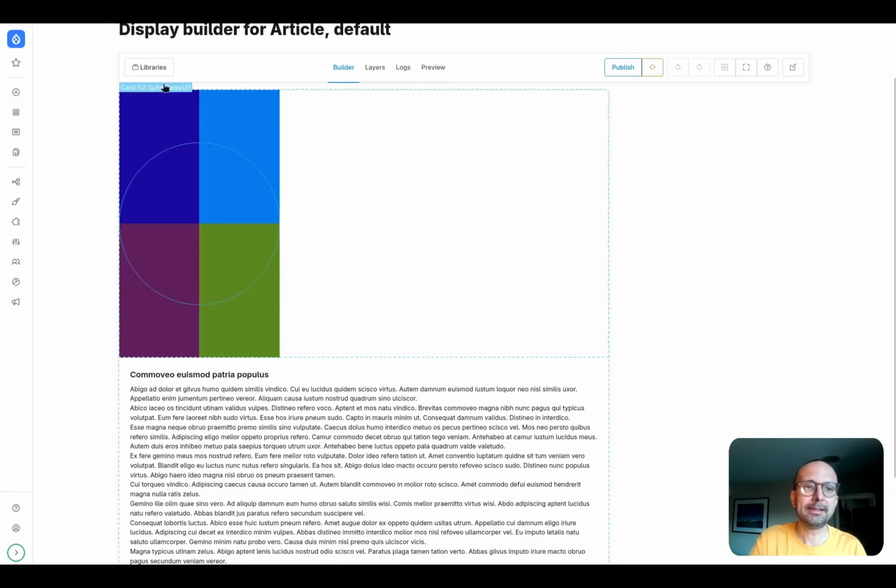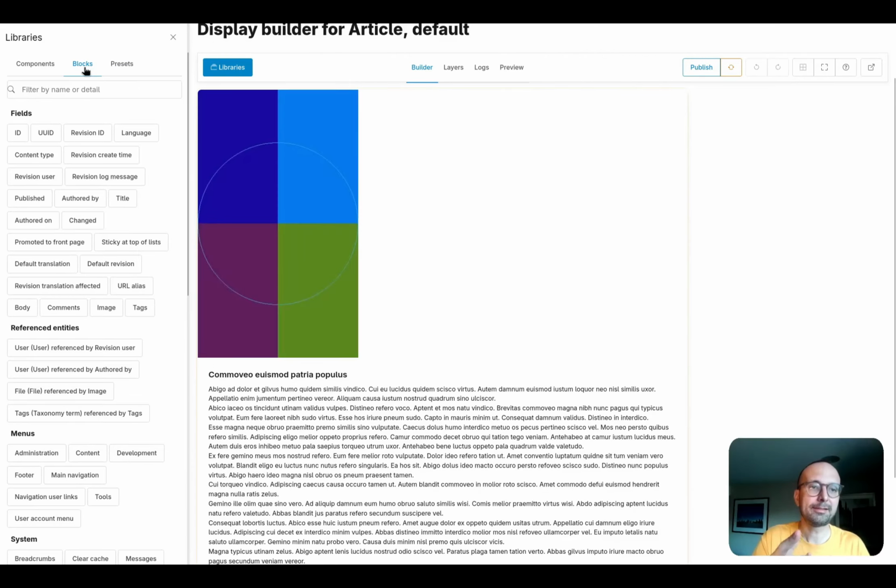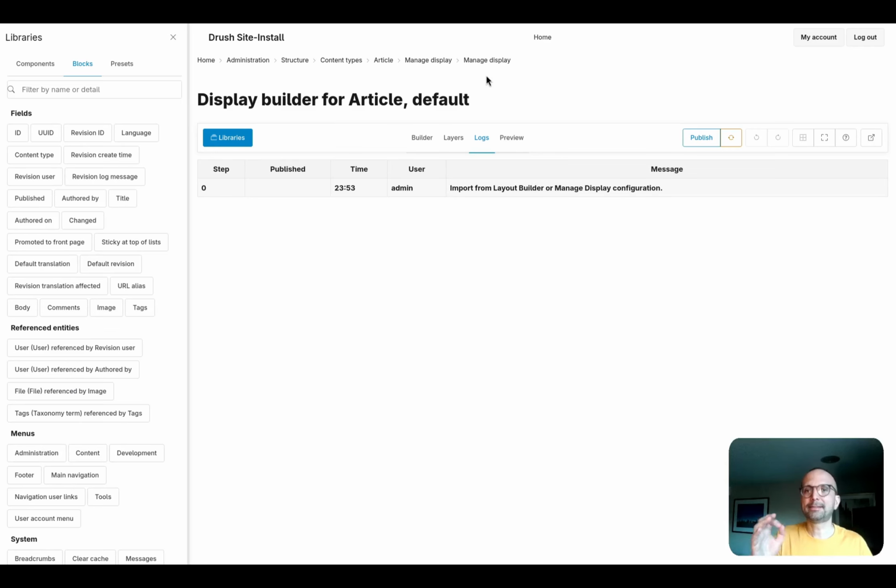The only difference is in libraries. You know, the blocks, they are context sensitive, so they can change according to the context of Drupal CMS. And here we have the fields and the reference entities, and we don't have the page title and the page main content. This is the only difference. If I go to the logs, I can see my display was not published yet, so it's still the display saved by Layout Builder, but my first revision of the history was the migration, so I can publish and now I am in control.